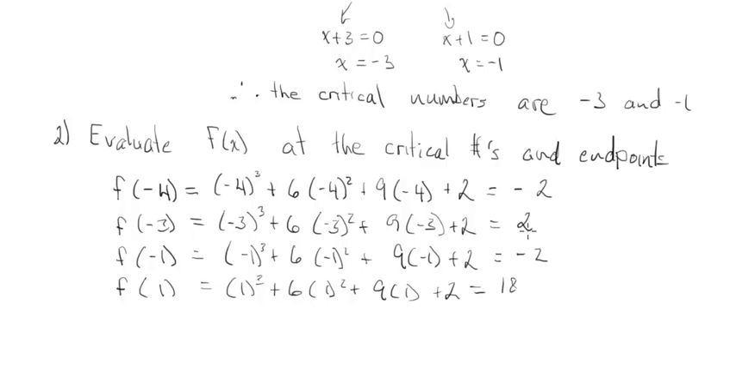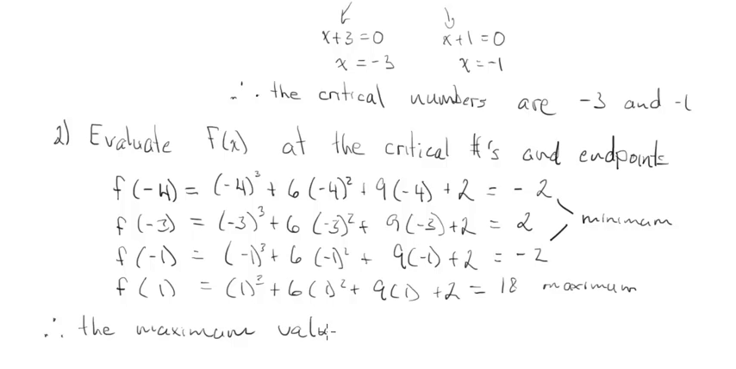So we get these 4 y values. The maximum is just the biggest one, so that would be 18. And the minimum is the smallest one. These two both are the minimum, and it's possible to have that minimum value occur twice. So therefore, the maximum value is 18, and